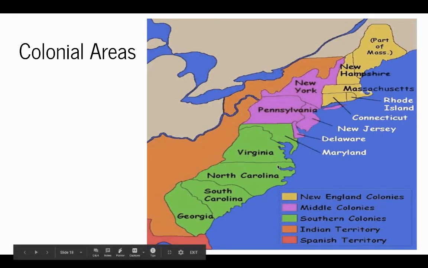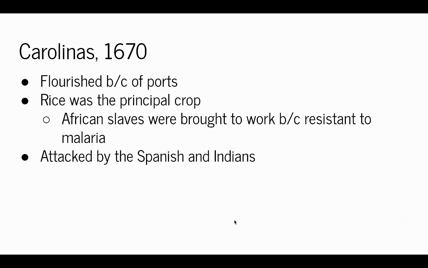So we had talked about Virginia and Maryland, continuing on down the coastline now. The Carolinas are interesting, okay, because originally they were founded as one. And what ends up happening is the Carolinas were able to be very successful, especially Southern Carolina, because of their port access, their water access. Rice and eventually indigo does become their cash crop, and African slaves were brought over to the Carolinas because it turned out that they had an immunity to malaria, which we would oftentimes find in the hot, humid, swampy weather